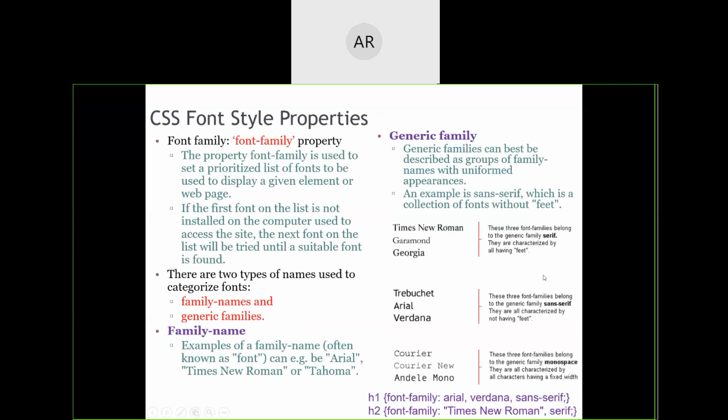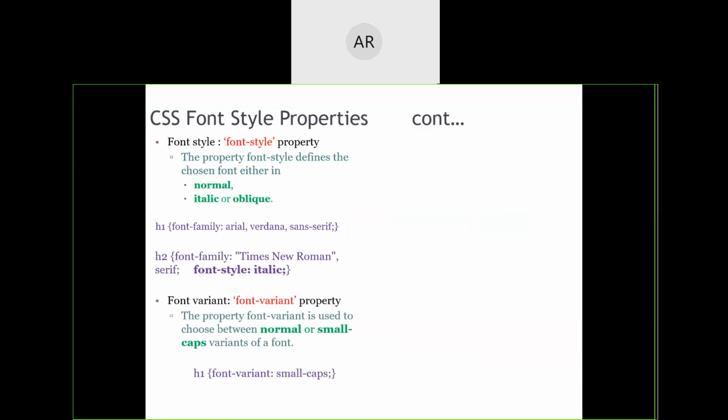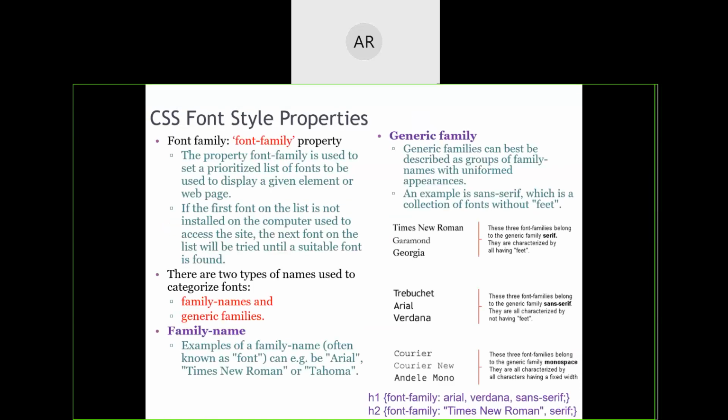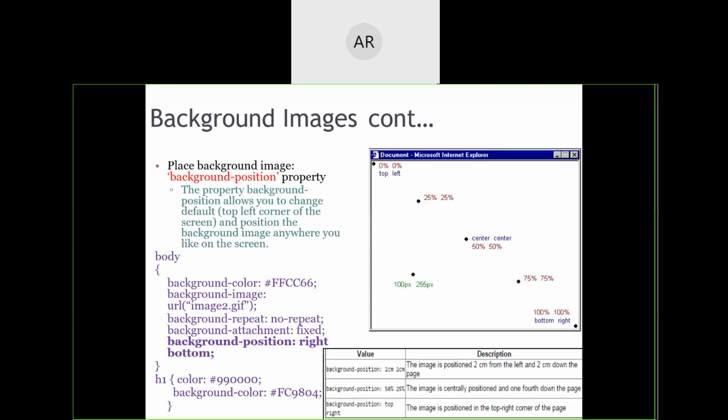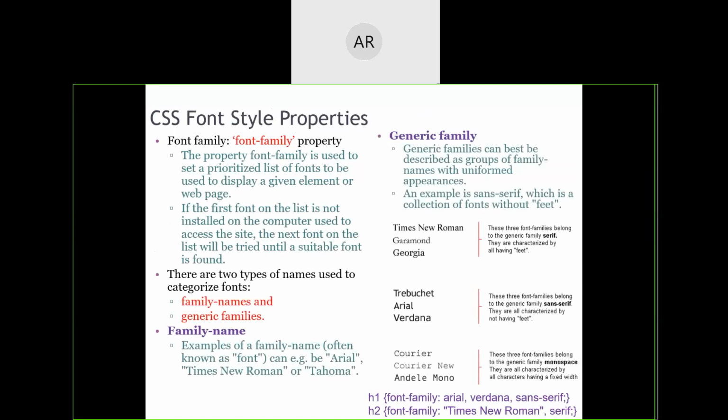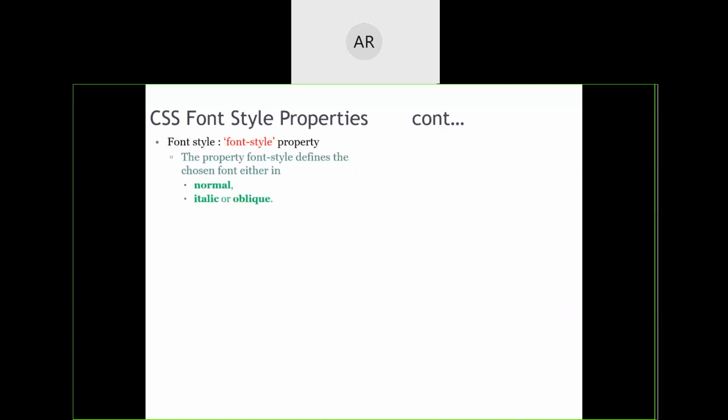So we have seen the font family, and now the background we have seen. For font family we have also seen this particular slide, and now we are looking into this particular slide. Beginning from here, font style will speak about what nature of font should be there. Font family will tell what type of look and feel is to be applied.